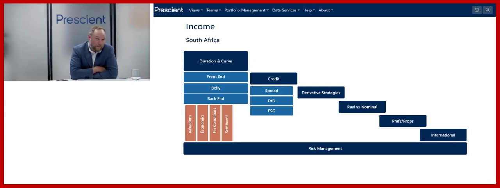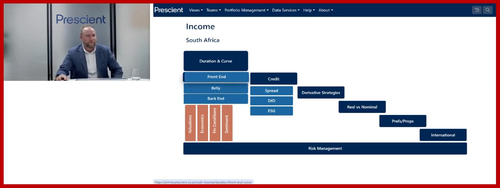For us at Prescient, we do think you get paid for being in South Africa, and we want to harvest that premium. And where we take currency exposure would be on the derivative side. On the offshore side, there are a lot of interesting opportunities to buy dollar income assets and hedge out that currency and create a very nice rand-based asset that gives you that CPI plus component. So that was a whirlwind tour of the tool set.